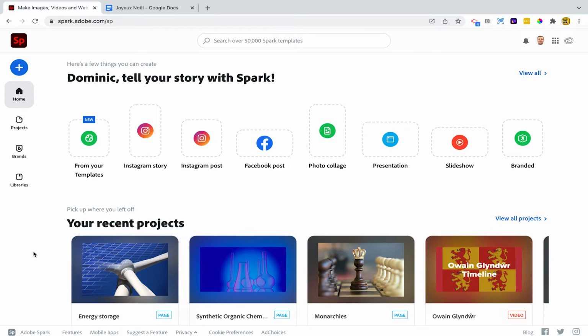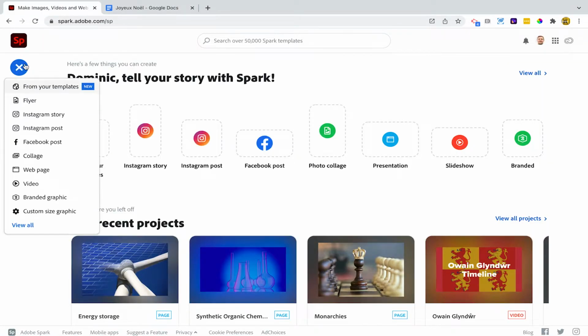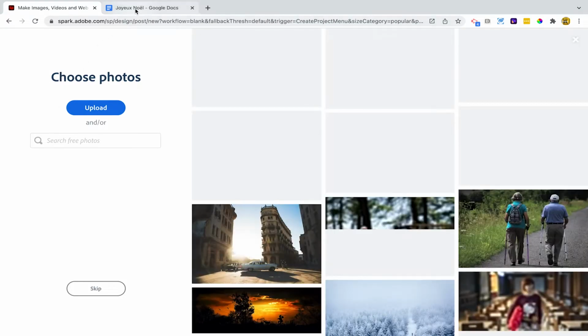So let's create a Christmas collage. Let's have a look over here. These are my phrases that I want to put in. So I'm going to go to the blue plus, go down to collage, and then it's time to choose the